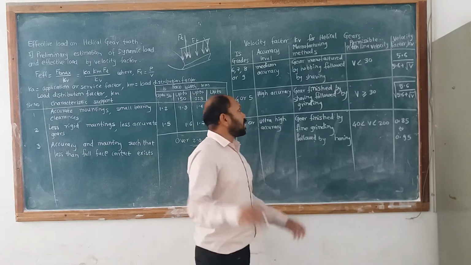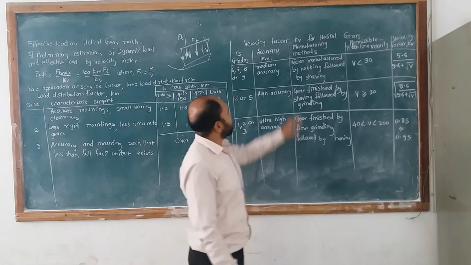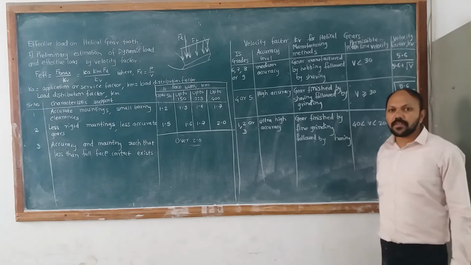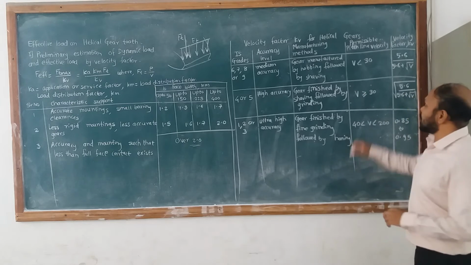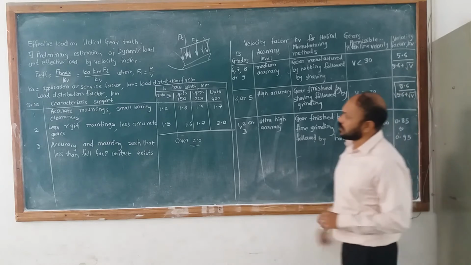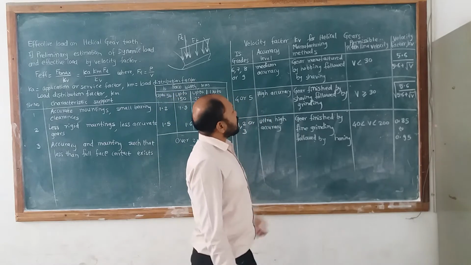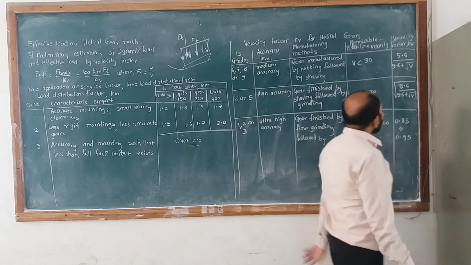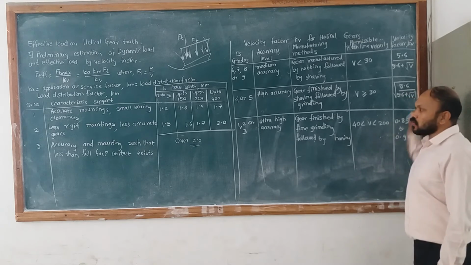For example, accuracy level is medium and IS gear grade becomes 6, 7, 8 or 9. Then manufacturing method is gear manufactured by hobbing followed by shaving process. Permissible pitch line velocity V is less than 30 and velocity factor Kv is 5.6 upon 5.6 plus under root of V. If IS gear grade is 4 or 5, then accuracy level is high accuracy. Manufacturing method becomes gear finish by shaving followed by grinding process. V is greater than or equal to 30. Velocity factor is under root of 5.6 upon 5.6 plus under root of V.